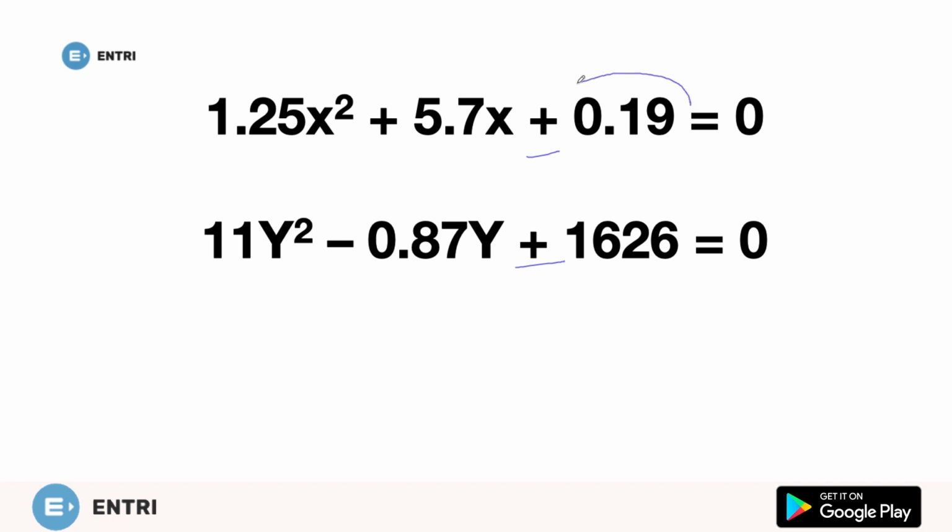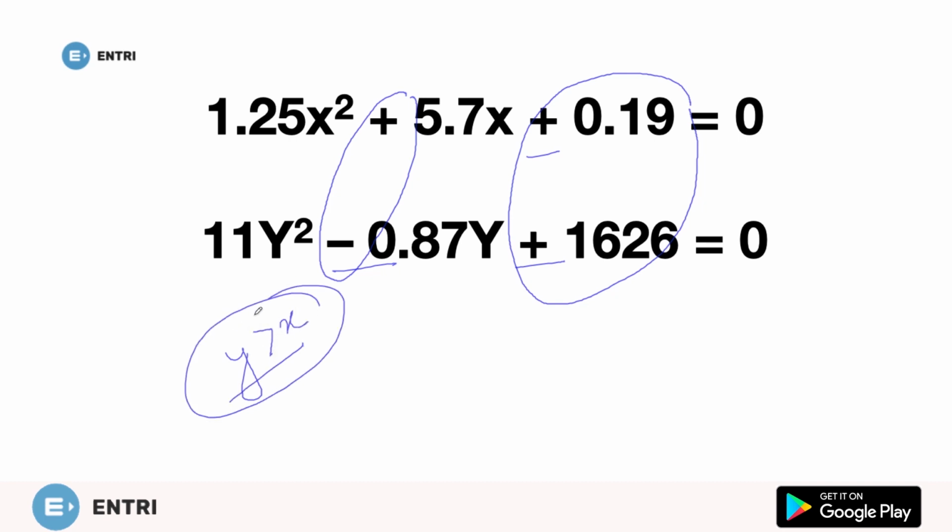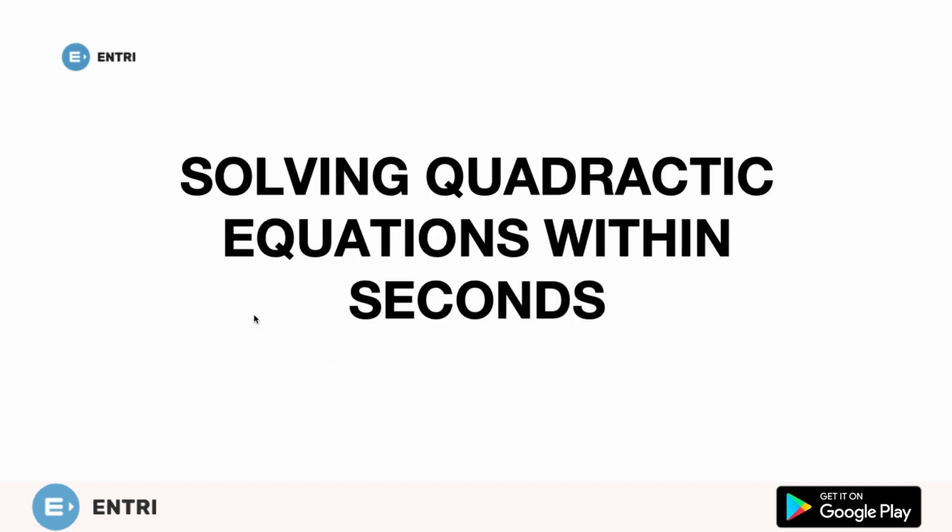First of all, I'll check that both the constant terms are positive, and then I'll search if one of the terms is negative. Here what is negative? Here y is negative. That means this means that y is going to be greater than x. It is very important, please remember this, because this is going to give the selection in the exam, and it is already asked in the exam. As you can see, in previous year questions, many times students waste a lot of time, and we can easily understand by seeing its sign.